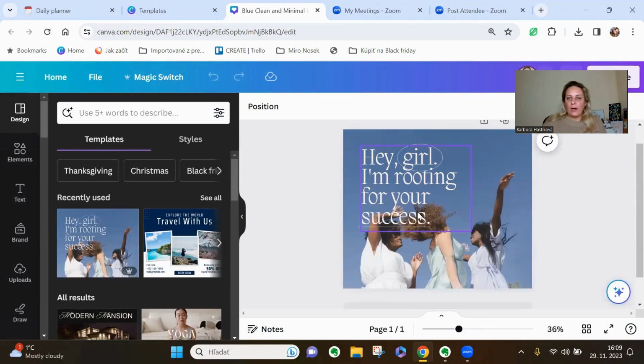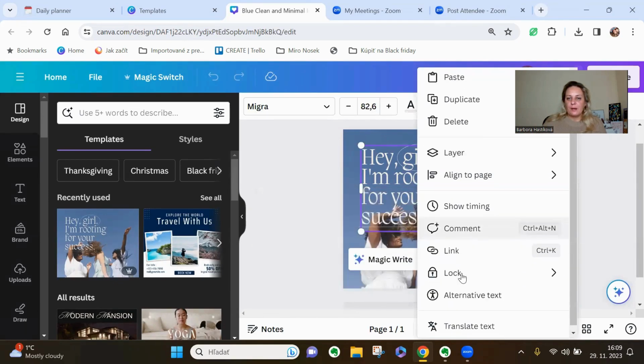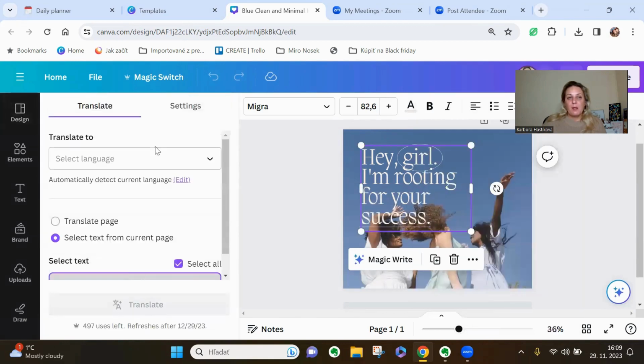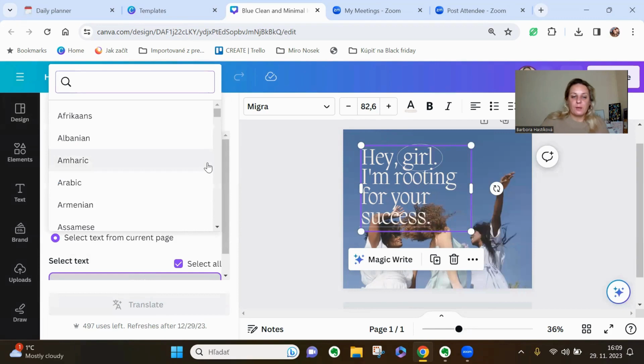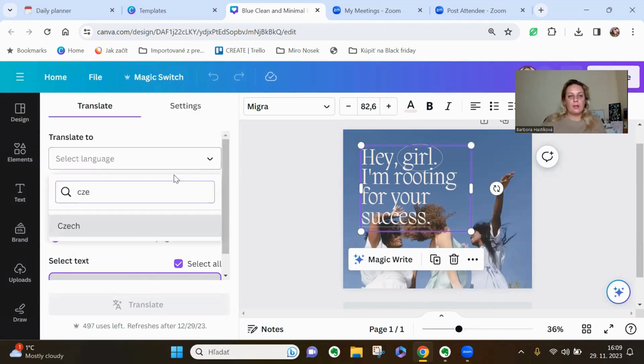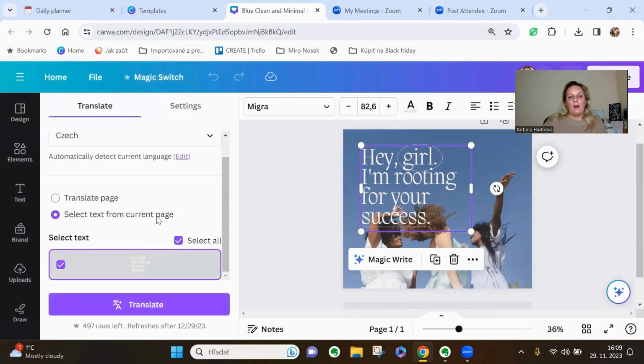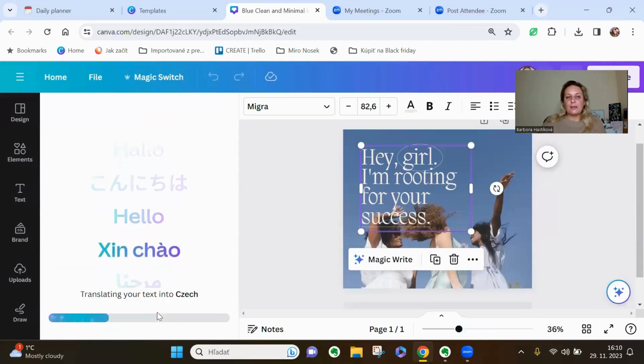So I right click on the text. I scroll down, I go to translate text, select the language I want to translate this text to. I want just this one element. As you can see, I don't have any more options because this is the only text on this design. I go translate,